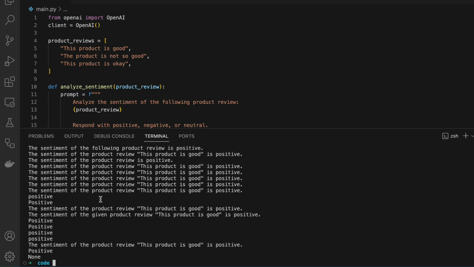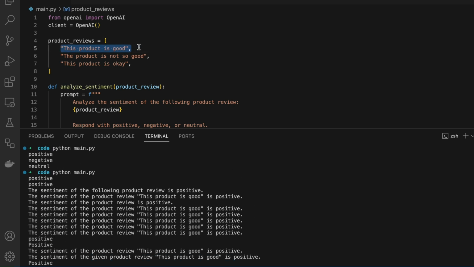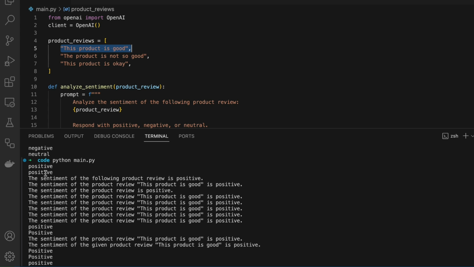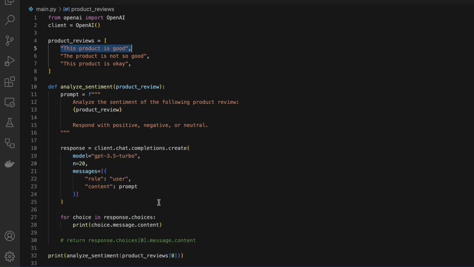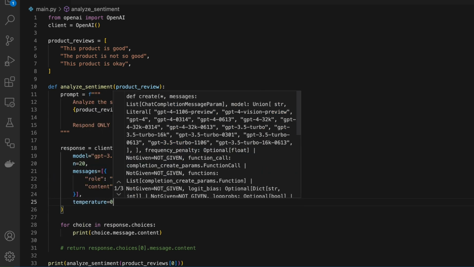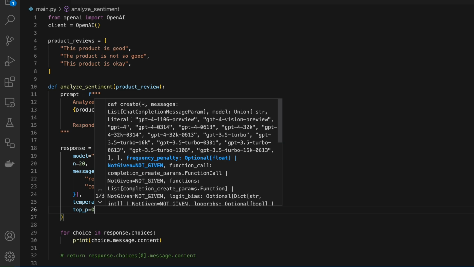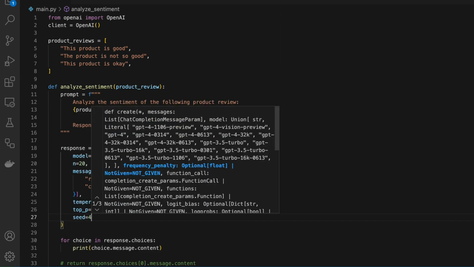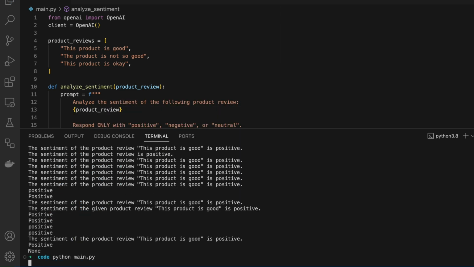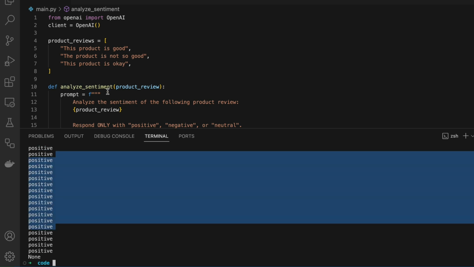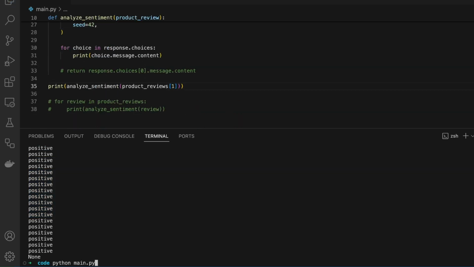Right here, for this review only, we can see that we get so many different responses, like positive and, yeah, so many different responses. But if we add the parameters from before, so let's make this only and quote, and it should be a system prompt, and let's pass the temperature and top P and seed. Now we will see that it looks much more consistent, right? And we can try this for a different review, and it looks much better.